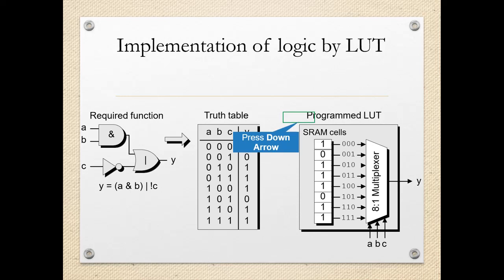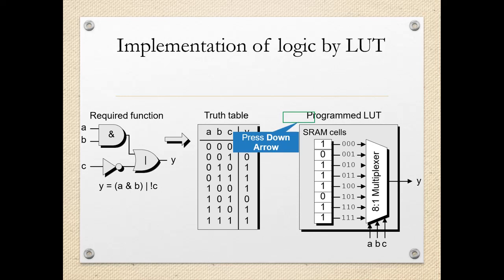These are the three inputs and Y is the output. As three variables are there for the input, we can have the 8 possible combinations from all zeros to all ones, and the corresponding output is also written in the truth table. Now how will this particular logical expression be implemented in FPGA?